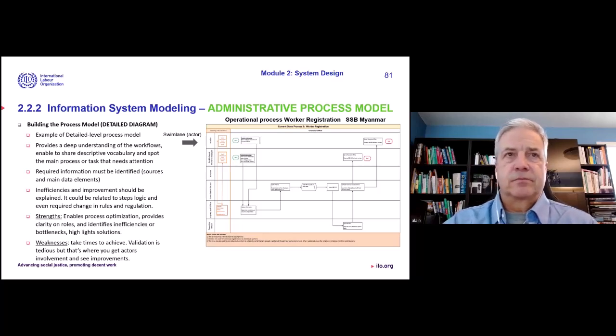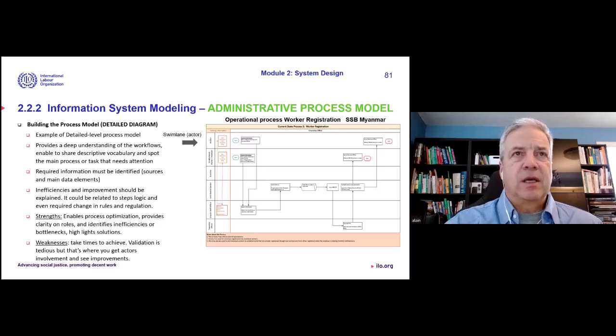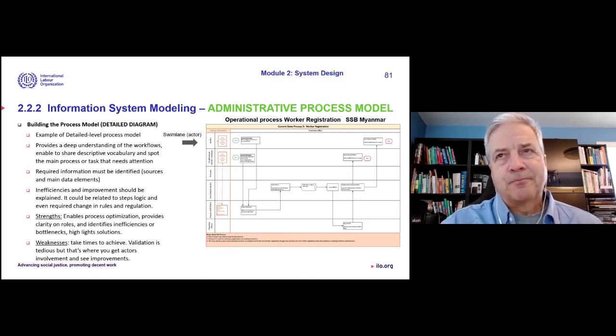Now we're talking about the detailed diagram. So it may be this kind of diagram that will be more useful. It takes time to build. So we got the idea of the swim lane. The swim lanes are the horizontal lines. As in the picture you've seen, they relate to the fact that in a swimming competition, the competitors are swimming in lanes in parallel. So that's why we say swim lane.